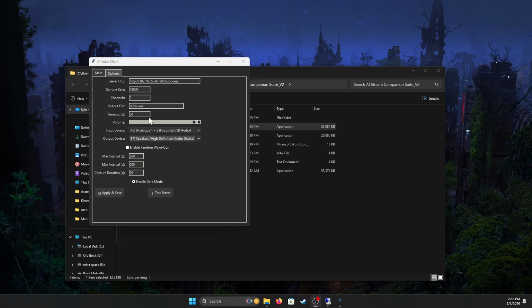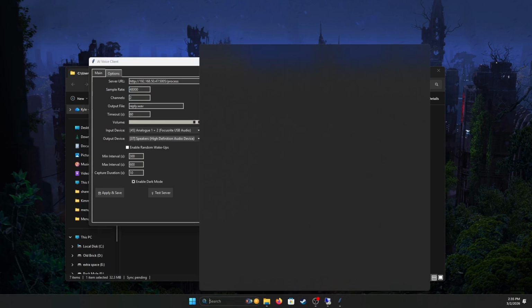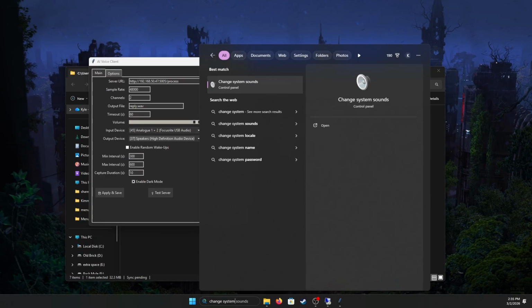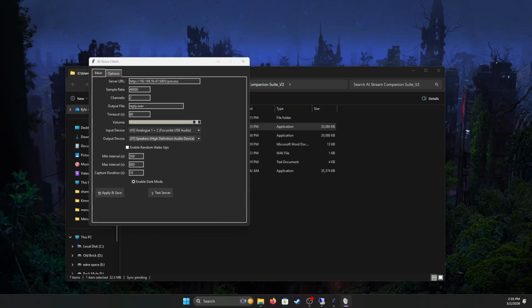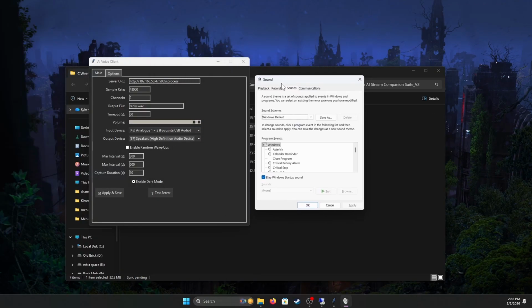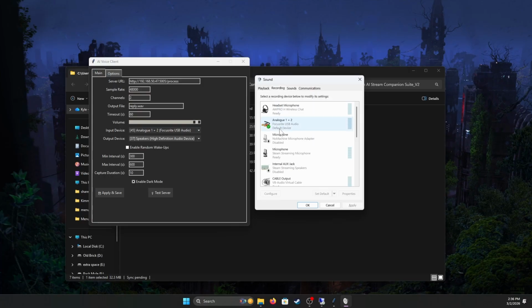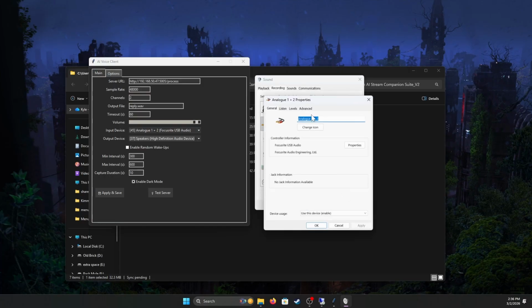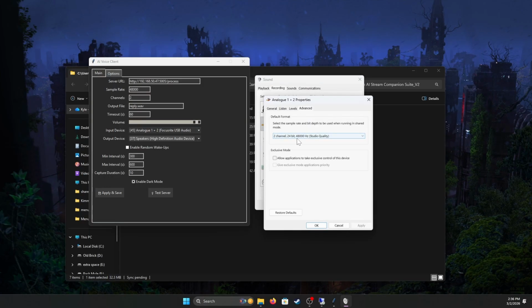Now for my input, I did this. You see there's a sample rate and a channels. Simple enough. You're going to want to change system sounds. Move this over here. I'm on a separate window. Go to your recording devices. Find the one you're recording with. Click properties. Go to advanced. This is going to tell you you've got two channels,